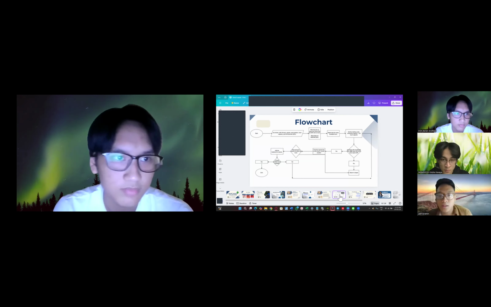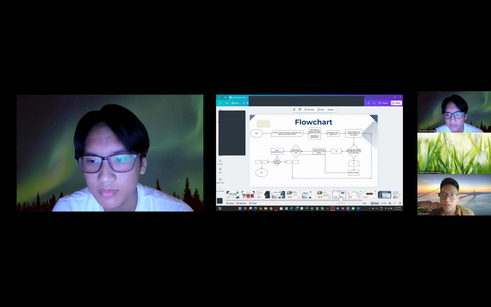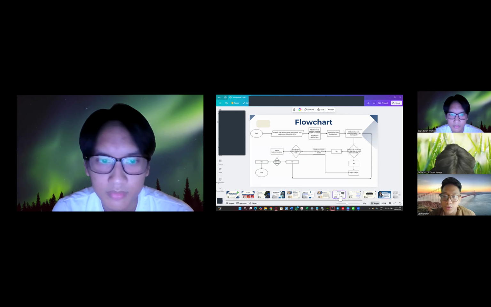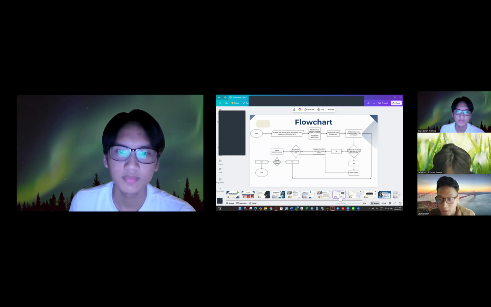So we have the flowchart here. We start from the oval, which is start, which then goes to the list of bins, here with the fill level, the volume and location, truck capacity, and the threshold we have to focus on, which is 90%. This is then filtered to the bins that are 90% full or more, which are then stored